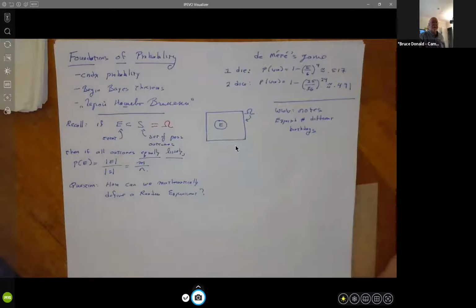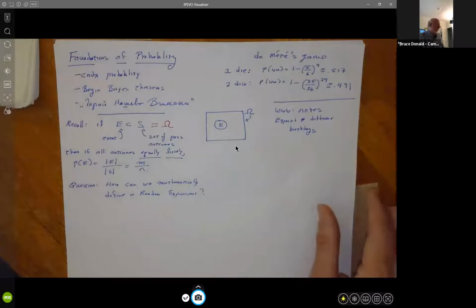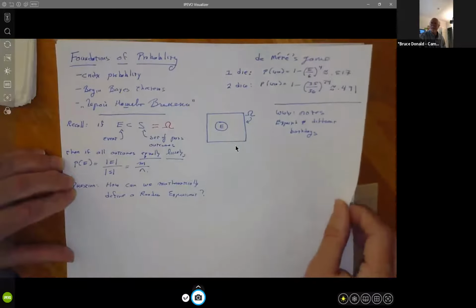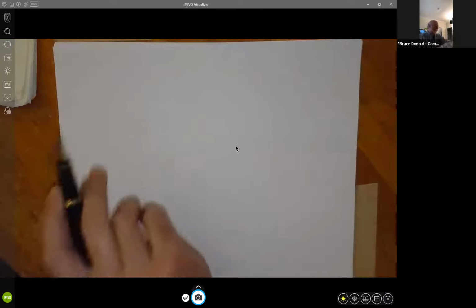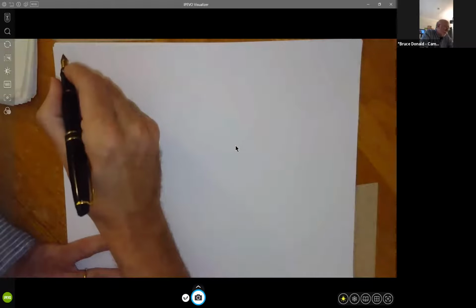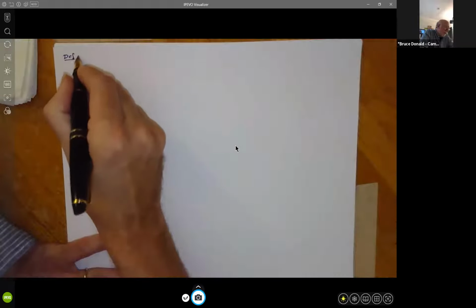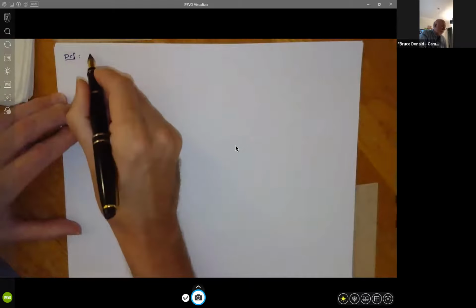And if you think this is trivial, let me give you another example. If I ask you, how do you choose at random a positive integer? And remember, at random means all choices are equally likely. That turns out to be a considerably more difficult question than our question about choosing a point in a disk. So let's begin. We have some steps to take here. I'm going to try to get at this question of how probability is really founded in order to give you some tools by which you can calculate the answers to specific questions. To tell you how probability is created and made up, I'm going to define what's called a probability space.